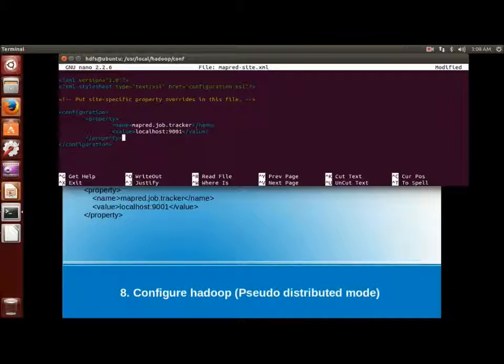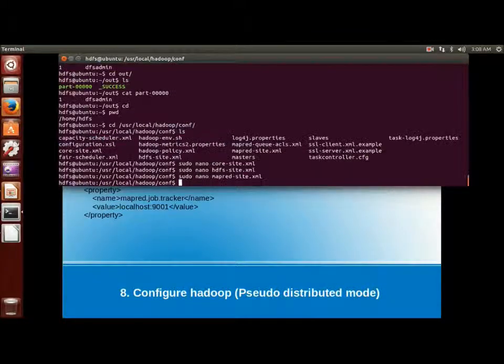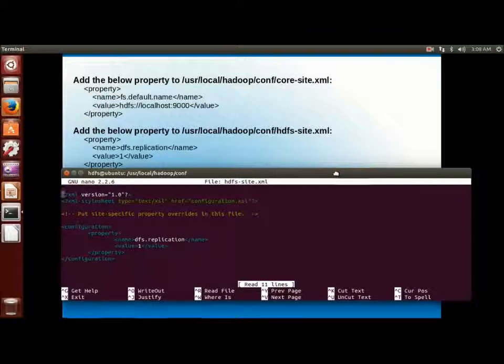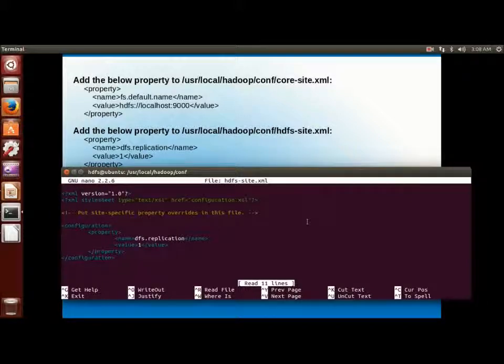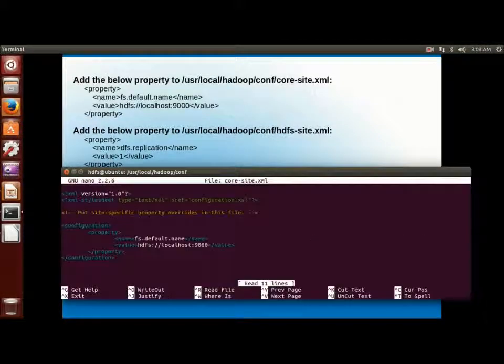So pseudo distributed mode is running all the processes on a single machine. And if you want to run Hadoop in cluster mode, we have to install all this software on all the cluster machines, and we have to update the master and slave files under the configuration directory.